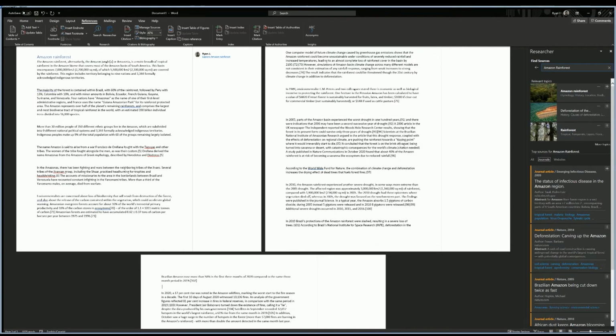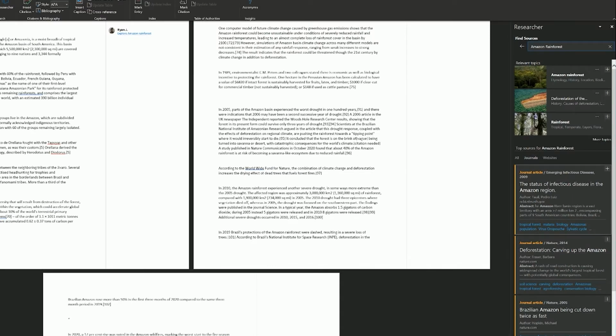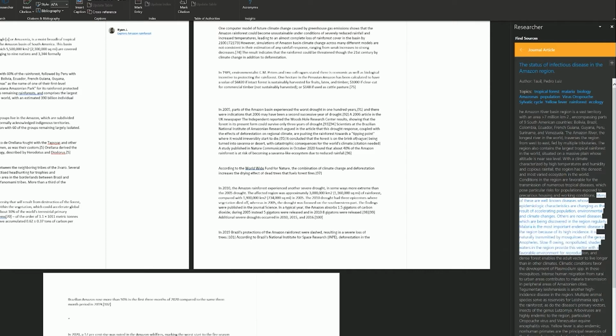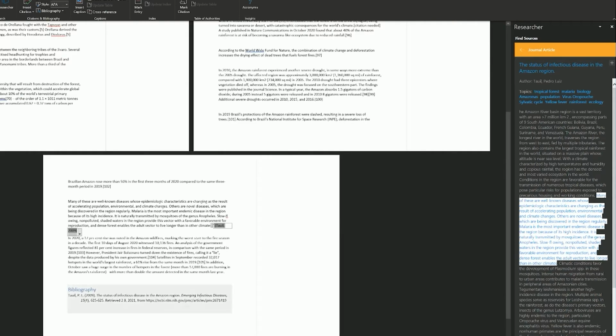Now that you've gathered the main subtopics for your research paper, it's time to start writing. Researcher makes it super easy for anyone to write quality papers efficiently. Once you find a piece of content that works for your paper, you can highlight the text directly and then instantly insert it into the document by clicking on Add. And don't worry about citations either. By clicking Add and Cite, your bibliography will be updated with the properly cited content.